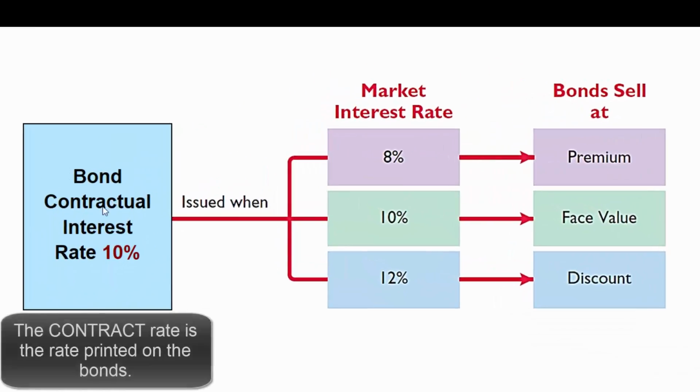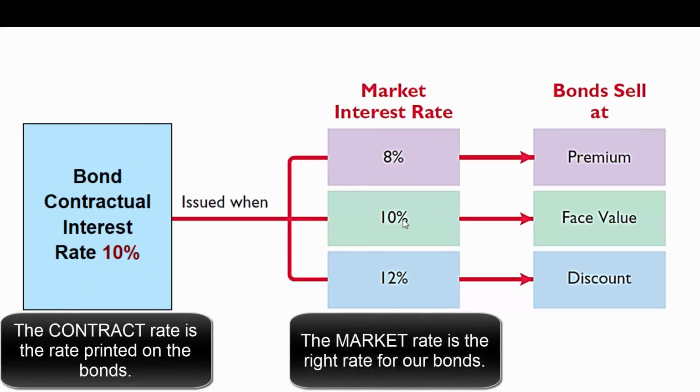So if we have a 10% rate printed on our bonds, and that's the right rate, then we're going to sell those bonds at face value. If we have a 10% rate, a contract rate printed on our bonds, but interest rates have gone up, then we'll issue those bonds at a discount because, as I say, the price of bonds moves in the opposite direction of interest rates. And what we're going to talk about now is if we have a rate printed on our bond and interest rates go down, so our bond prices go up,